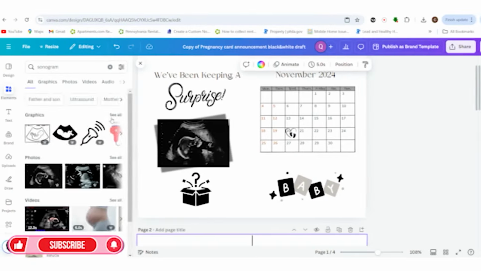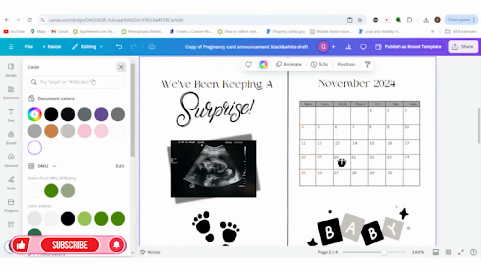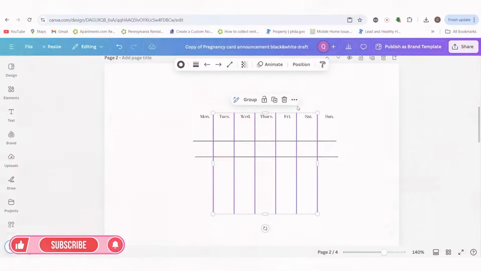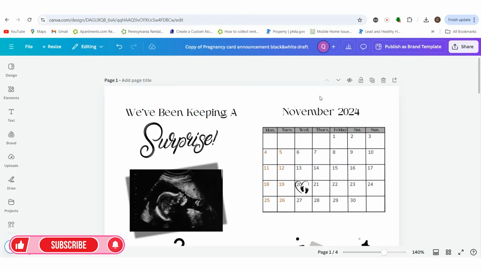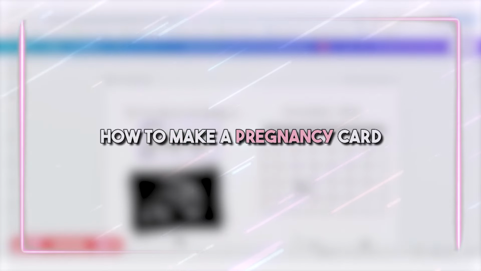How to make a pregnancy card announcement that you can showcase to the world. Well, guess what, AI creators? I have a surprise for you, a pregnancy surprise. And I just want to announce that somebody is pregnant, y'all. In today's tutorial, we're going to go over how to make a pregnancy card announcement that you can showcase to